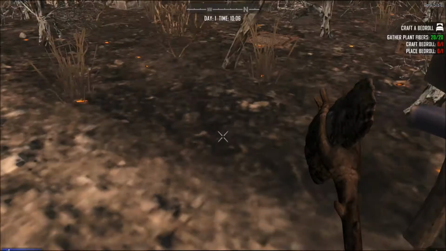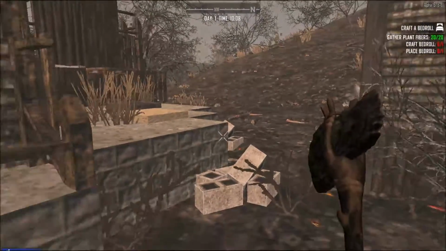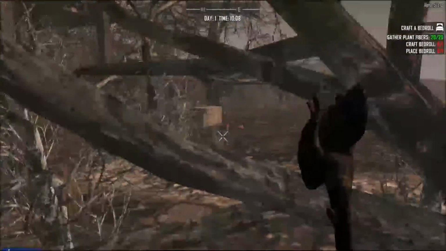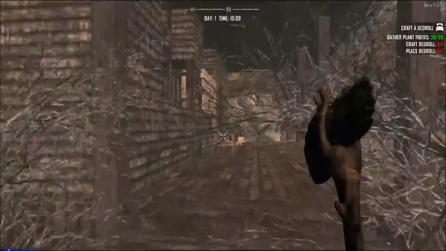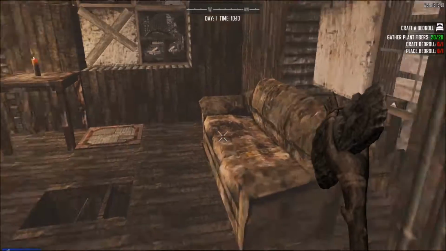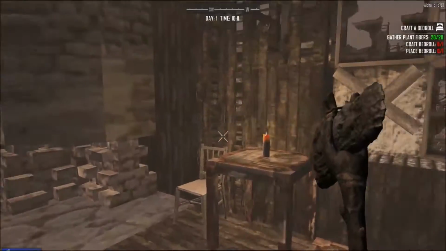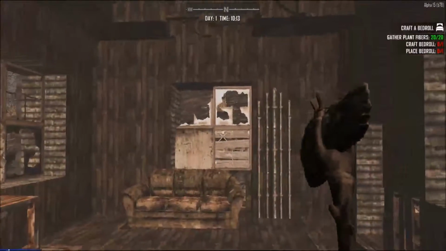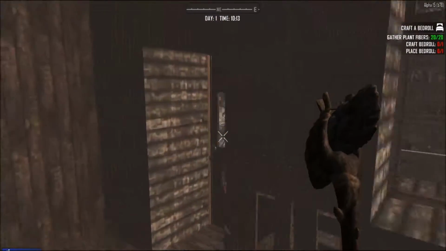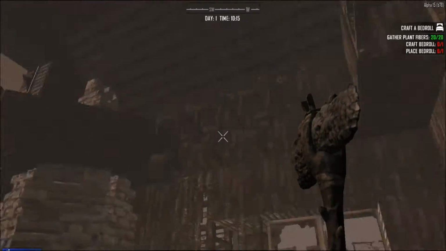Did you update the game? Grab the bedroll. So we're gonna go in here and loot this house real quick. I don't know if there's... well, the color looks kind of weird in here. I'm not sure what the deal is with that. Unless I need to...